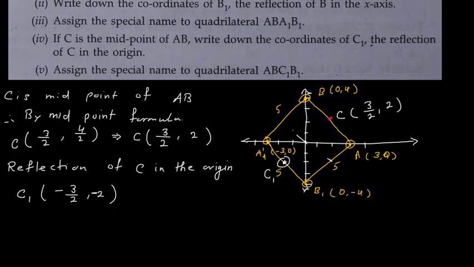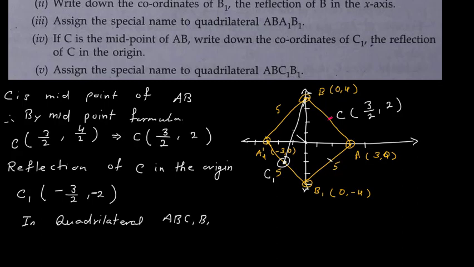And the last one is assign the special name to the quadrilateral AB C1 B1. So here AB, C1 is here and B1 is here. So I will join these 2 points, this and this. So what is the special name to this quadrilateral? So as you can see, in quadrilateral A, B, C1, B1,